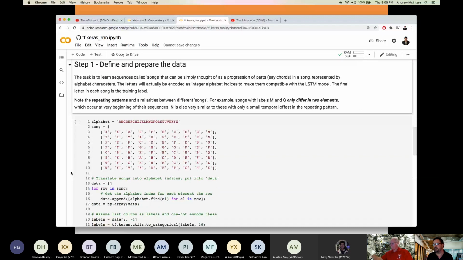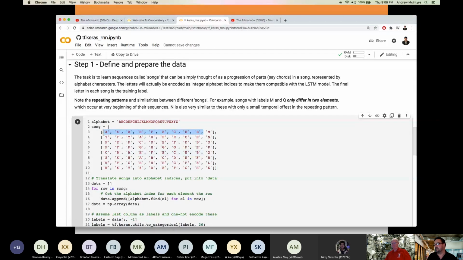So step 1, there's going to be a little bit of difference here. We're no longer working with MNIST. Like I said, recurrent nets, specifically LSTMs, are great for learning songs. And a song can be any kind of temporal pattern if you think about it. This could be data in a stock environment, or any manner of temporal or sequential time series data. So the time series in this case is what we'll call a song.